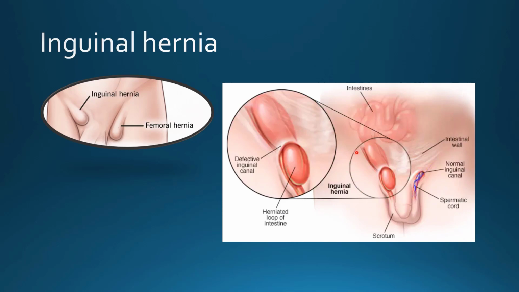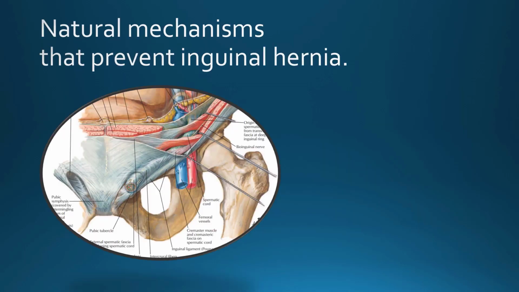In inguinal hernia, the contents of the abdomen or intestine is passing out through the deep inguinal ring and lying within the canal and coming out through the superficial inguinal ring, making bulge in the inguinal region. This is because of the defective inguinal canal or weak wall of the inguinal canal or dilated rings of the inguinal canal. As this canal is a natural structure, it has created weakness in the anterior abdominal wall.